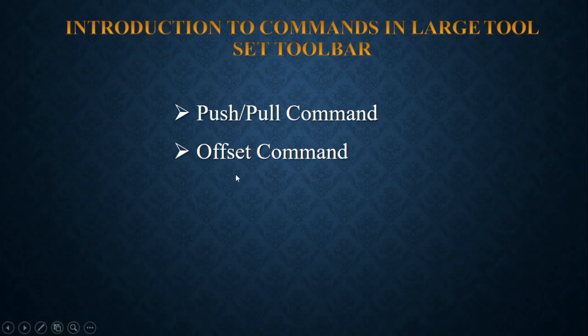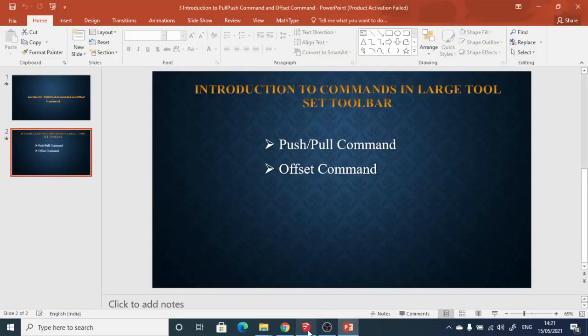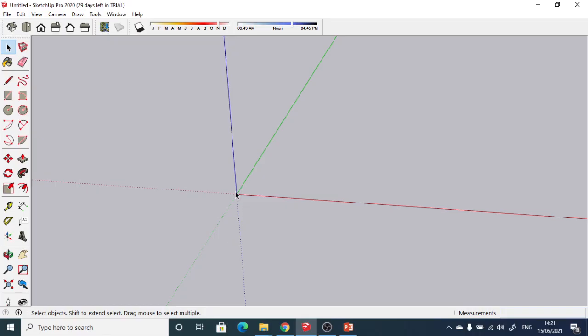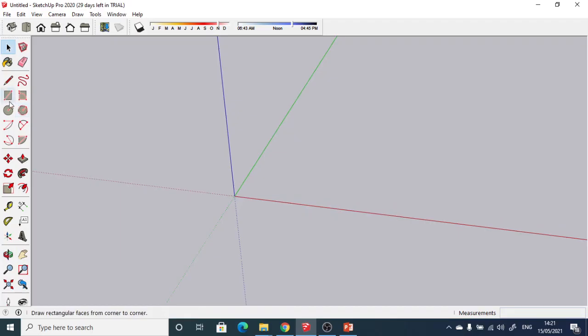And if I want to draw a double line for a particular line or any kind of object that we have drawn, offset by some distance, we can draw it easily with the help of the offset command. So one by one in this lecture we are going to talk about the push and pull command. For using the push and pull command, first I am drawing a rectangle in the Google